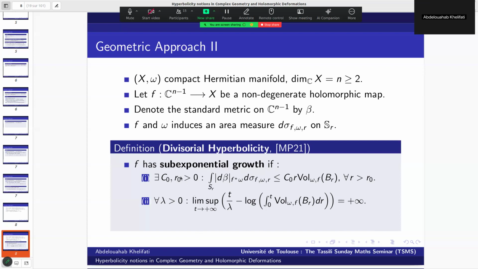What we really call sub-exponential growth is the second condition. The first condition is actually